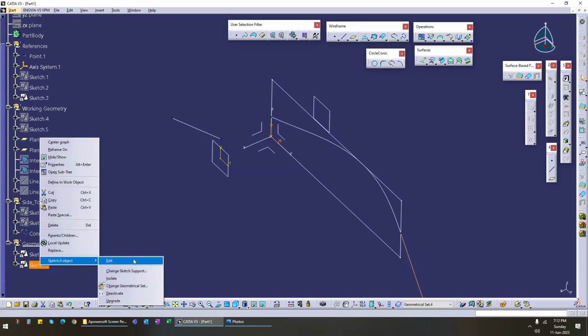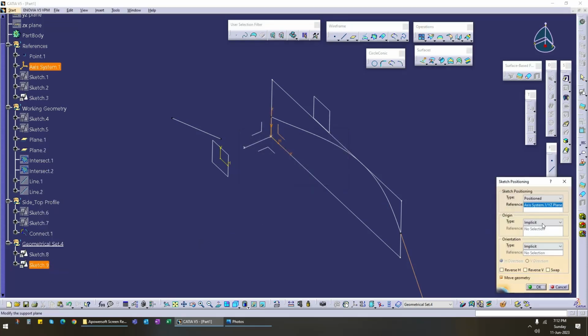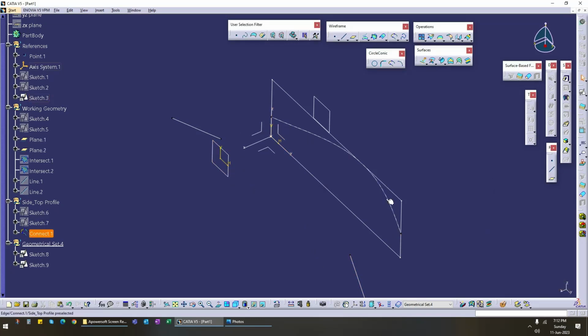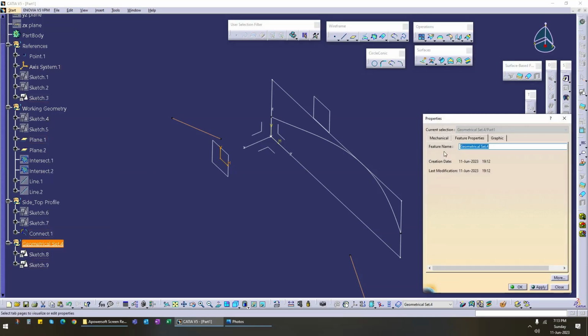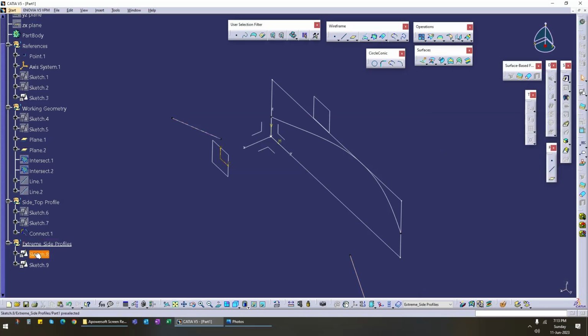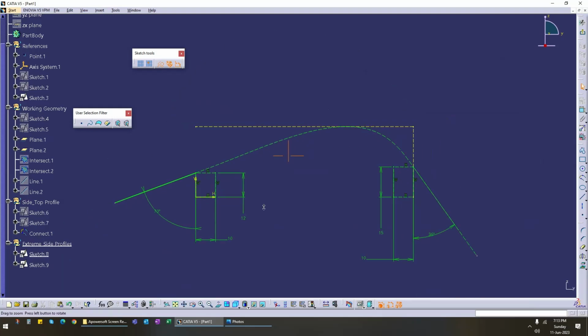And we do the same with the other sketch. We right click on it and we go to change sketch support. And we choose this plane. We click OK. So this being the center profile of our mouse, let's see what we can do on the extreme left and the extreme right profiles. I would say rename it, say extreme side profiles. Okay, so this is the default sketch,